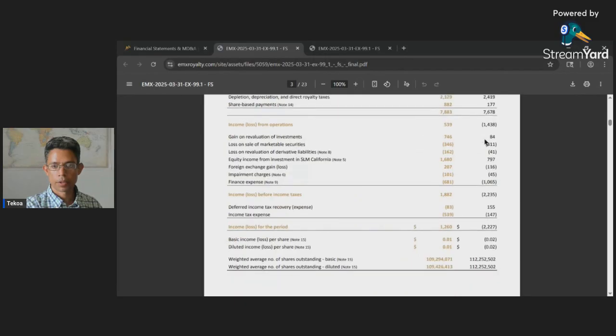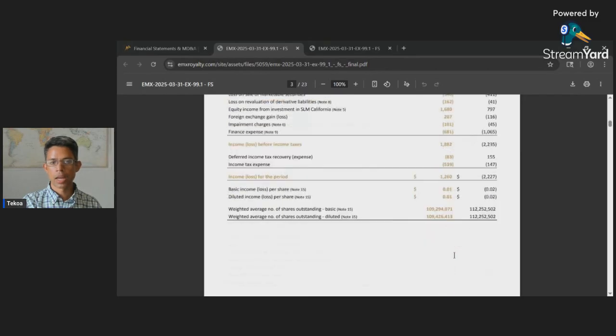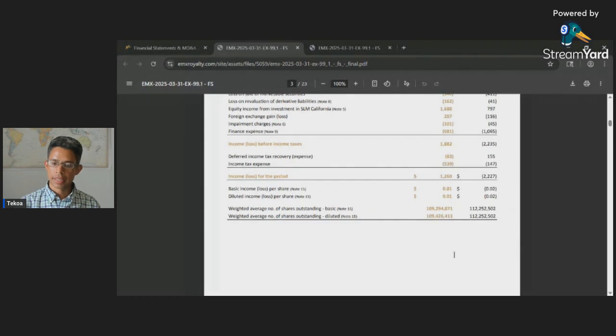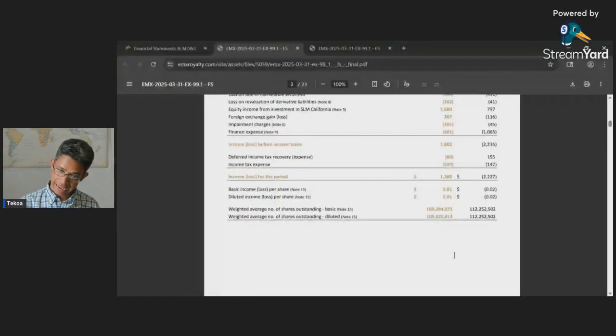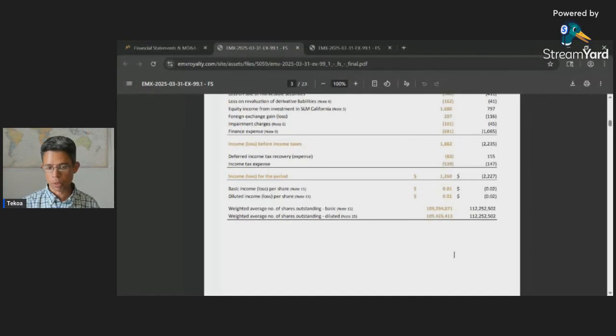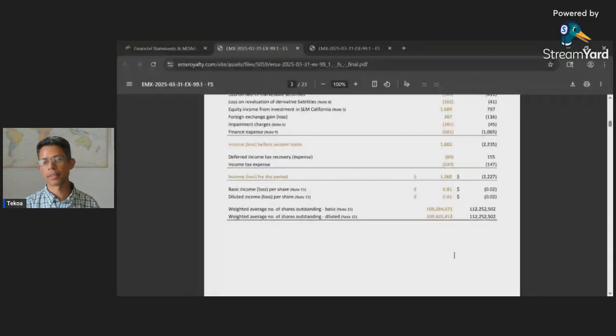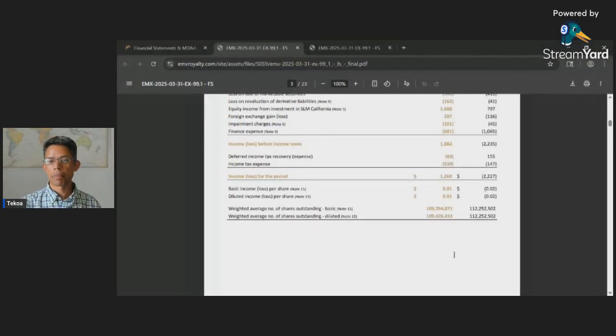Page 3. There's a figure at the bottom. This row says here, weighted average number of shares outstanding, followed by the number that's a bit over 109 million. Weighted average number of shares outstanding simply means the average number of shares as measured throughout the reporting period, as opposed to specifically the exact number of shares reported on the final day of the period. But we'll use this number here, 109 million.